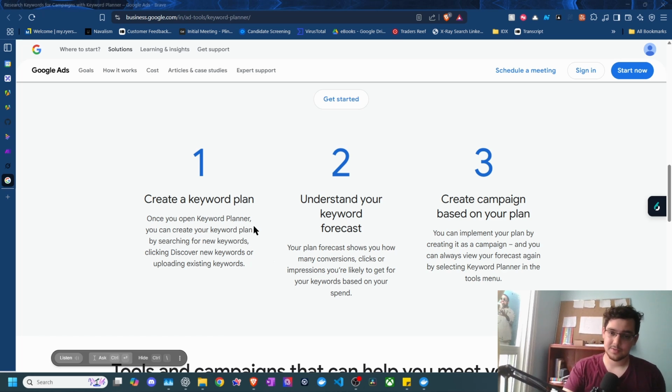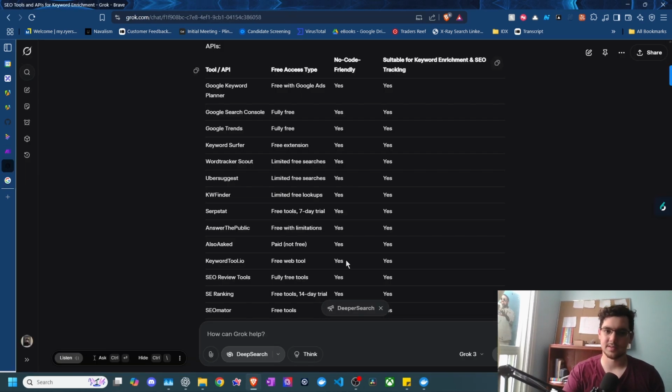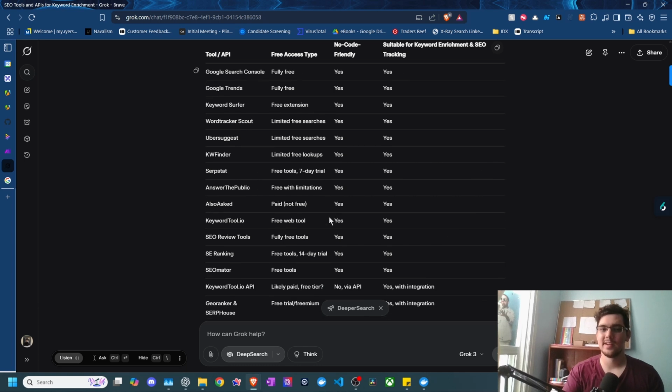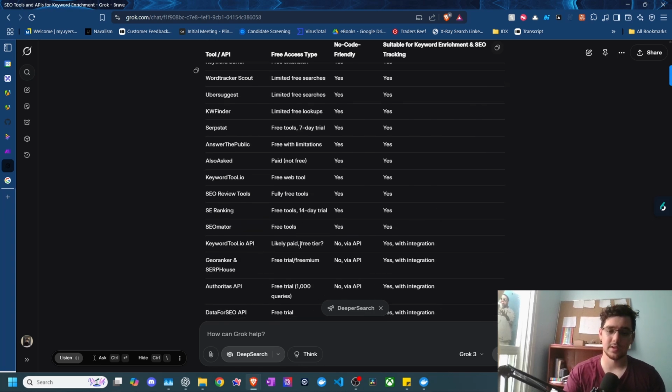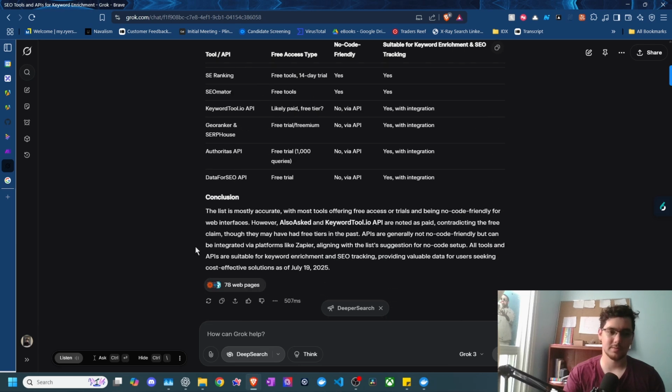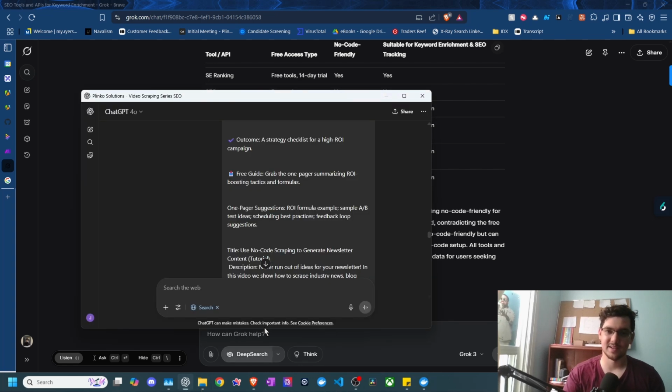For your own sake and purposes, the best broad-stroke advisory point is using a free tool like a keyword planner. There are a number of these. You can dig through Grok to find them. When it comes to figuring out what words rank well for your specific community and, quote unquote, niche, you can play around with these. Just use the free tools. This alone is like 30 minutes to a few hours. As you can tell, I've been digging for a long time,